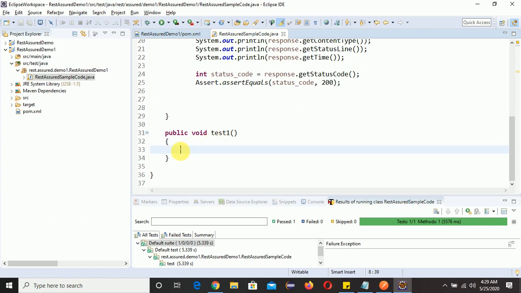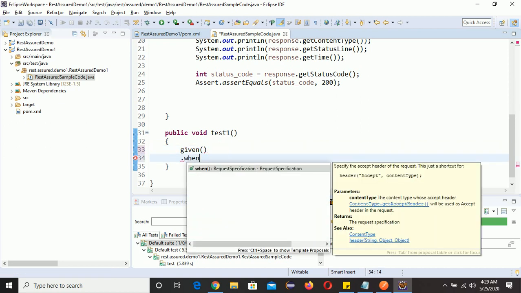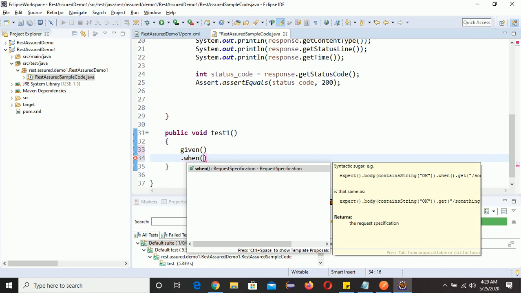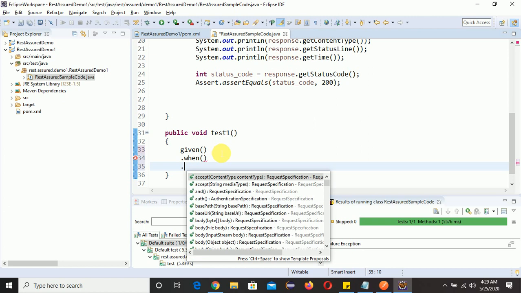So now we need to use given, enter, when, enter, dot get.